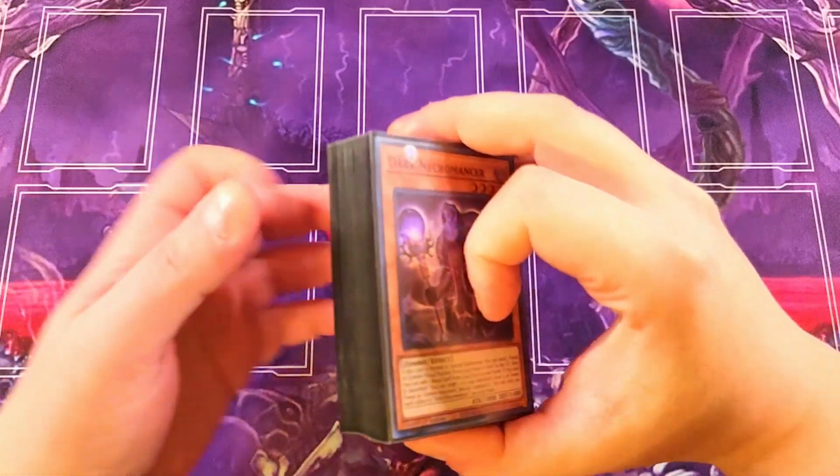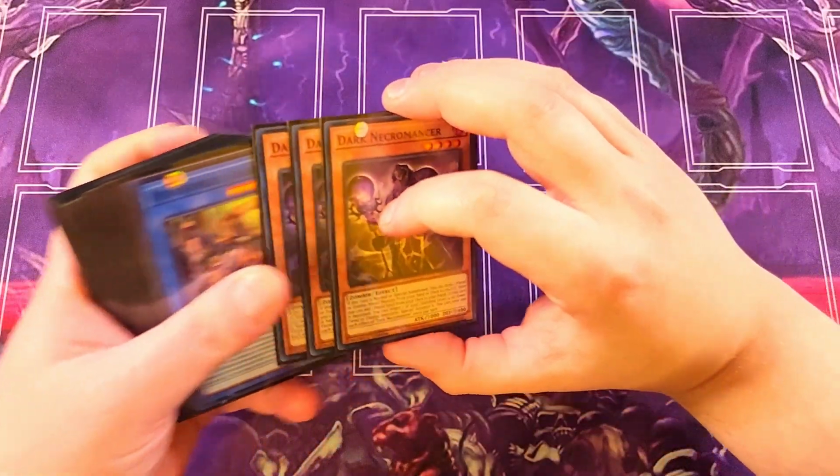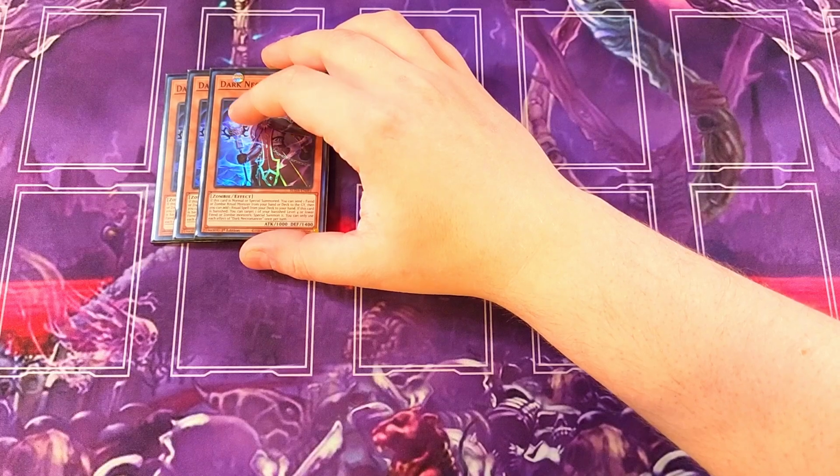So first off, we're playing 3 copies of Dark Necromancer. This card is the best normal summon in the entire deck now, because this card has an insane effect. If this card is normal or special summoned, you can send a Fiend or Zombie ritual monster from your hand or deck to the graveyard. Then you can add a ritual spell from your deck to your hand,